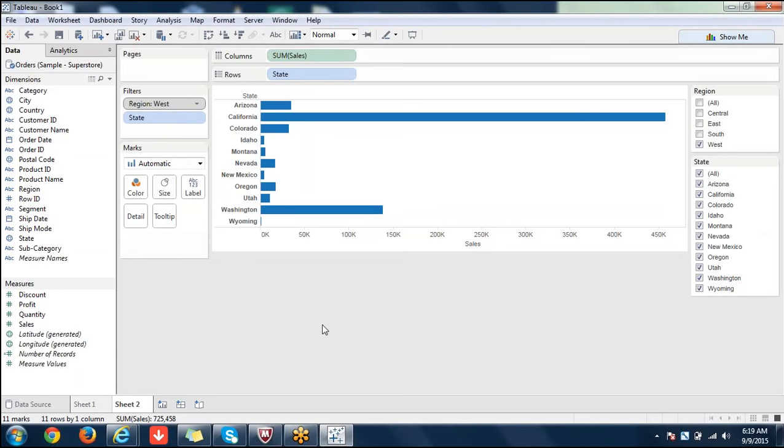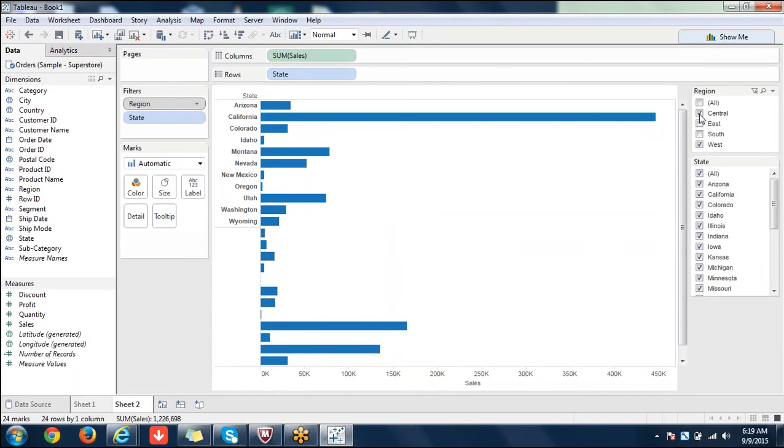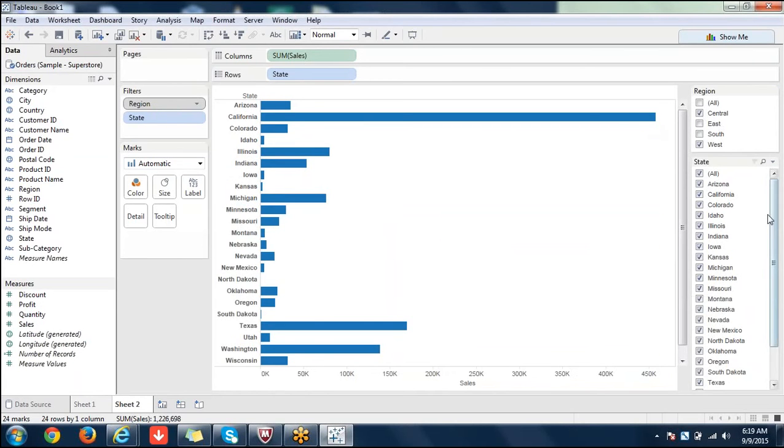What is the biggest advantage of context filters? It will improve your performance. For example, now we are seeing only 10,000 rows here. Imagine you are seeing some millions of rows. If you have a context filter like this, as soon as you click on it, millions of rows will be filtered, and you will see only the relevant data in your visualization instead of seeing all unnecessary data.